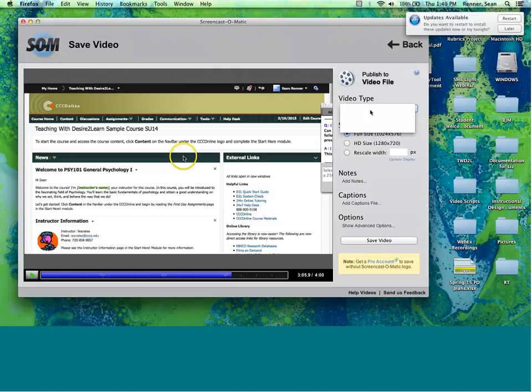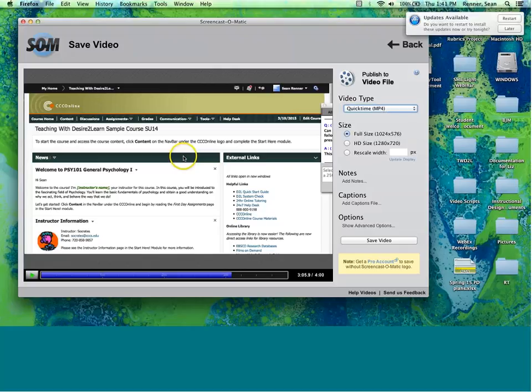Now, the first one here is video type. This is another area where we could spend a lot of time talking about different file types, but my recommendation would be to always save it as an MP4, just because whether you're working on a Windows computer or a Mac, it's going to work on both of those. If you save it as an AVI, you may have trouble playing it on a Mac if you want to do that later. If you save it as a flash, it's going to be, for one thing, in a format that's kind of on its way out. So I would save it as a QuickTime MP4.